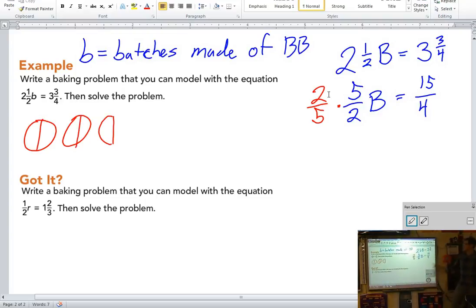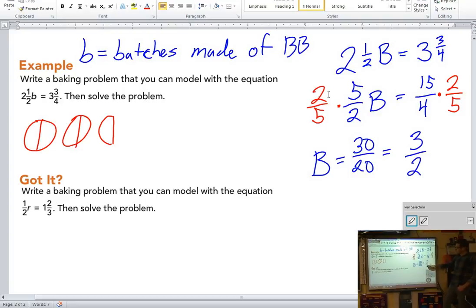5. So, what haven't I done yet up here that I need to do? You need to multiply it on the other side. And actually, there's a ton of cross reduction that can happen here, but I'm not going to worry about that. If you want to cross reduce, you should. I'm going to show how it is more work to not cross reduce. So this would become 30 over 20, and I would then have to reduce now, which would become 3 over 2, or as a decimal, that's 1.5. So we've made, supposedly, 1.5 batches.